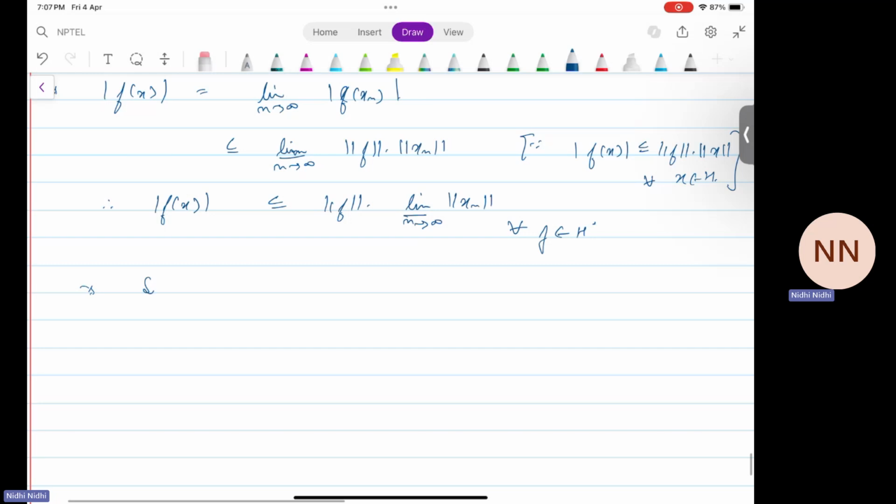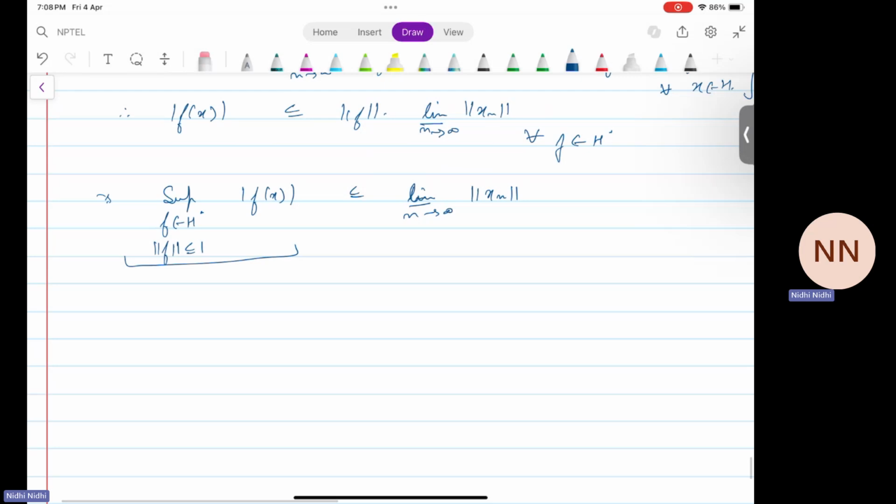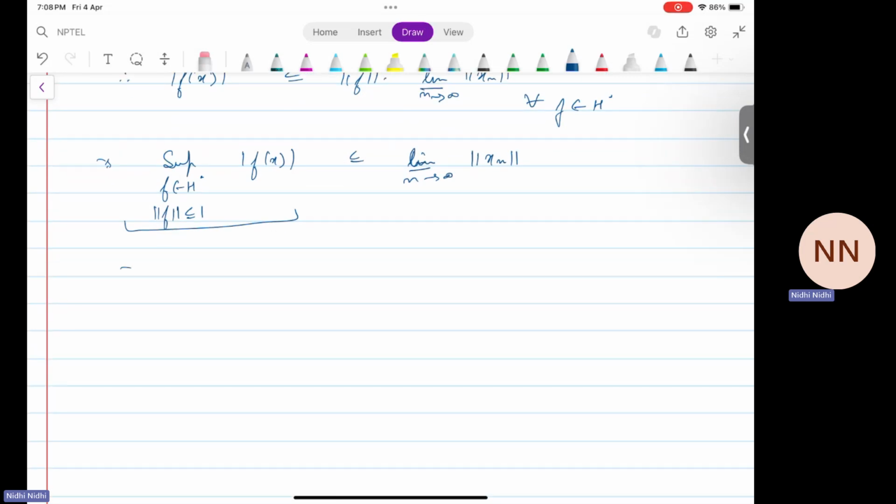So this implies the supremum over f belonging to H star such that norm f is less than or equal to 1 of modulus f of x will be less than or equal to the limit inferior as n tends to infinity of norm xn. Now we know that the left side is equal to norm x. We had done such problems earlier a lot. So this implies norm x is less than or equal to